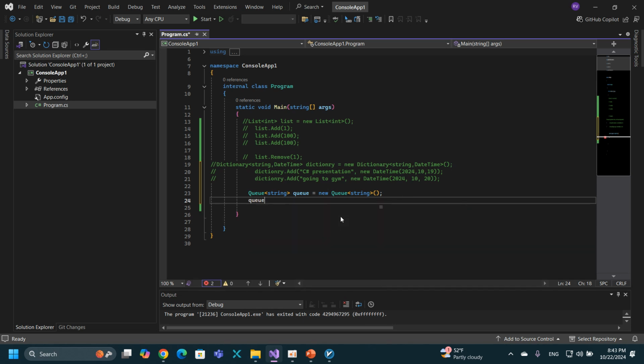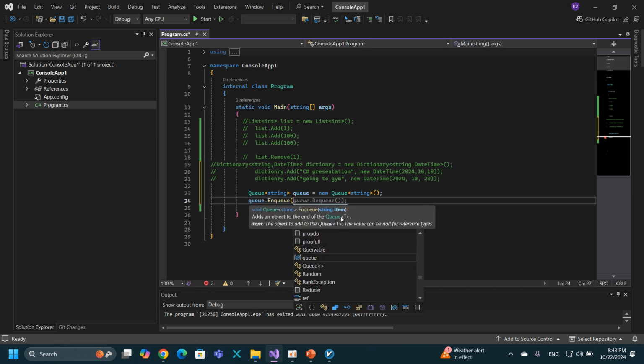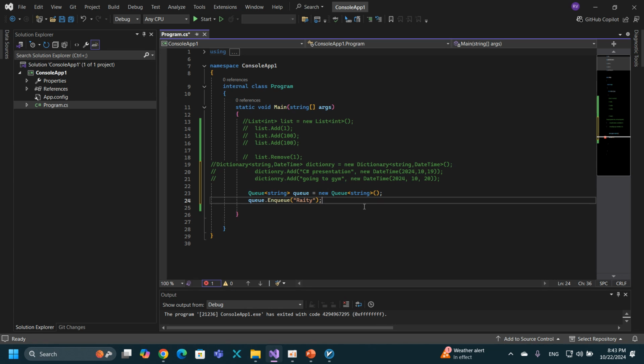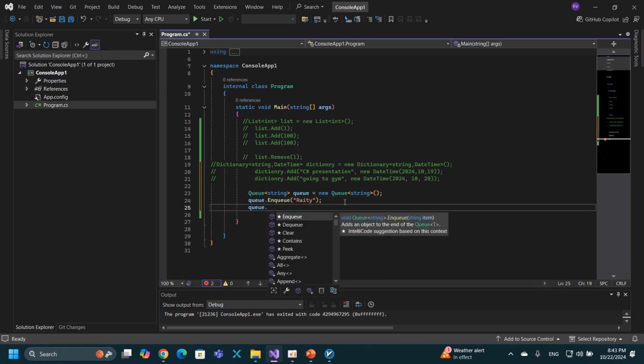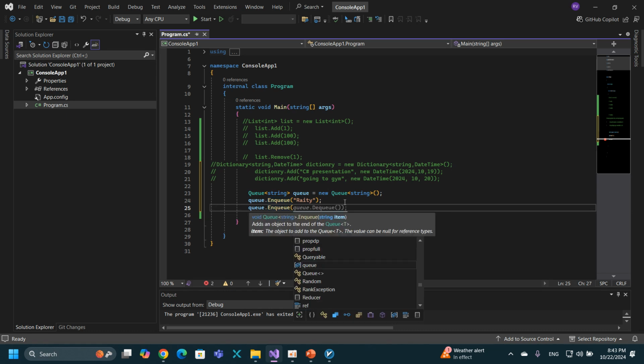and then if you want to add something to your queue, you can use enqueue and use whatever you want. For example, my name, and add another one. I don't know what. For example,